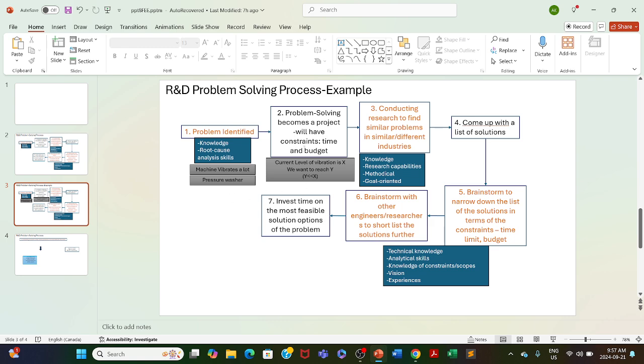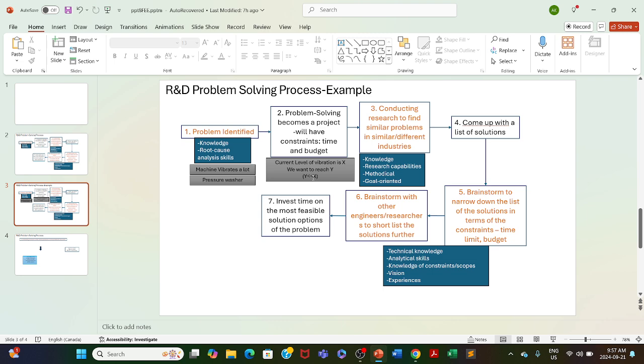So after step two, I want to know. Right now, the information is my pressure washer has X level of vibration, and there is some reason it can be driven by the customer. It can be driven by the quality improvement or product development process, where the management or company itself wants to